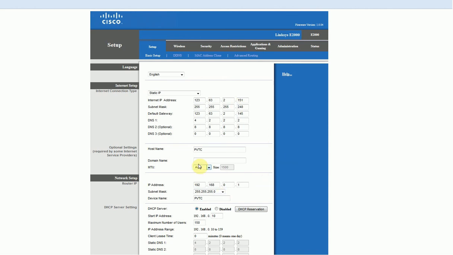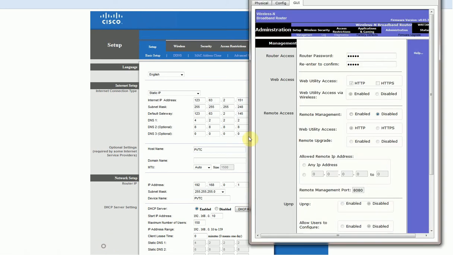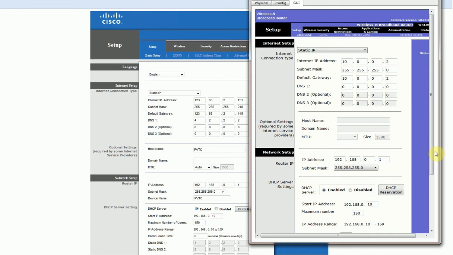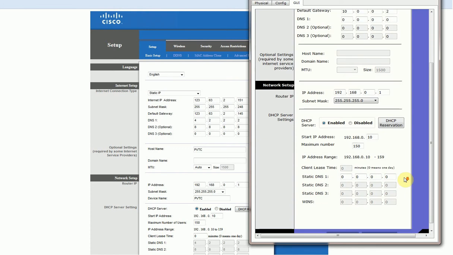Here in this first page, there is a possibility for giving a host name. So I have configured the host name here. In this case there is no host name possible because this is a limitation of this particular device. So basically you can also give a host name, and this host name can be visible. Here you can give a host name or domain name.